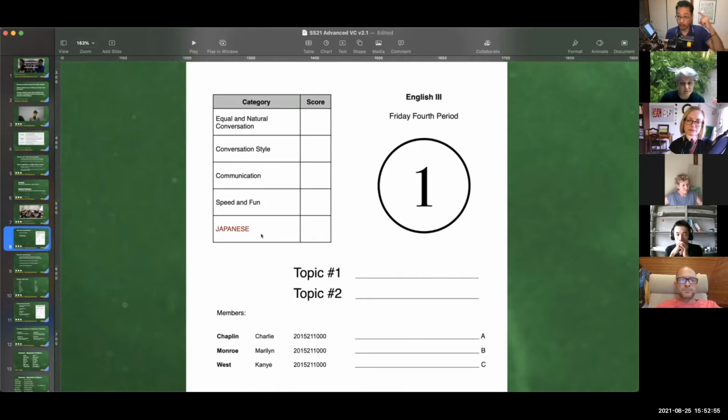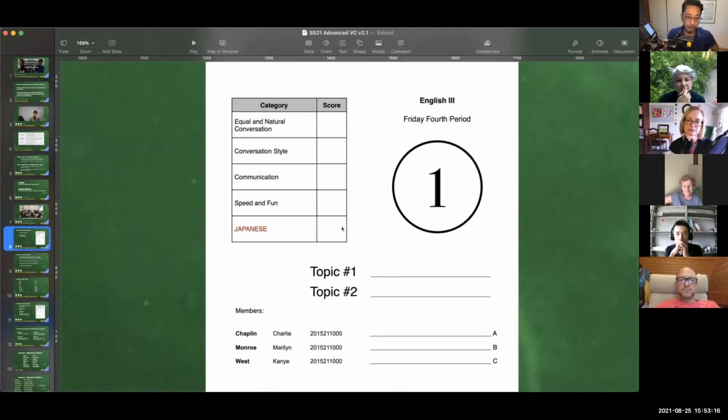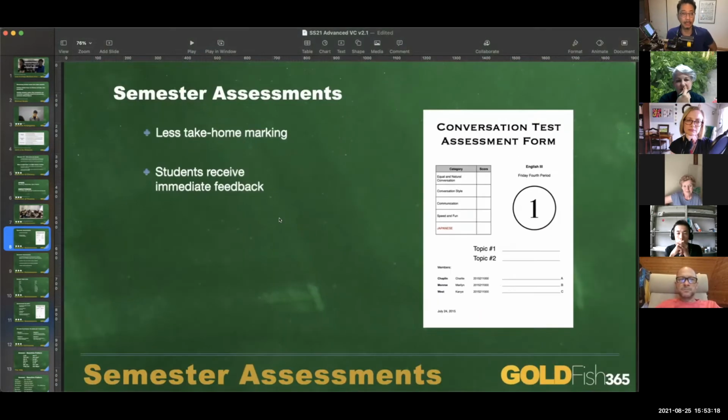Instead, I tell them what you should really be focusing on is being able to get through this 5-minute conversation at high speed with good communication and good participation without any Japanese. This is where a lot of them fail because of their nervousness, or maybe they didn't take the practices seriously. They end up saying things, and they catch themselves speaking Japanese. I'll speak a bit more about that a little bit later.